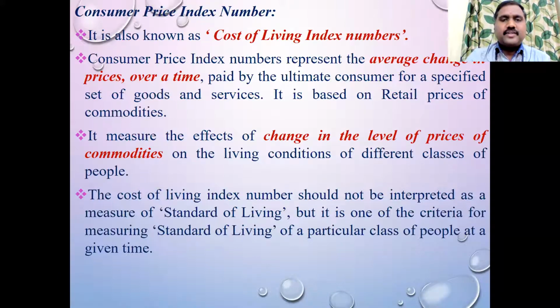Here, the cost of living index, we cannot say it is totally the standard of living. It's a part of the standard of living. For example, you are earning 50,000. What is the standard amount you need to live your life? If you have 30,000, it's enough. With 30,000 as a standard amount every month, I can live my life. Above 30,000, whether 35, 40, or 50, depends upon the work I'm doing and the need. But the standard amount I need is 30,000, so that should not be affected.